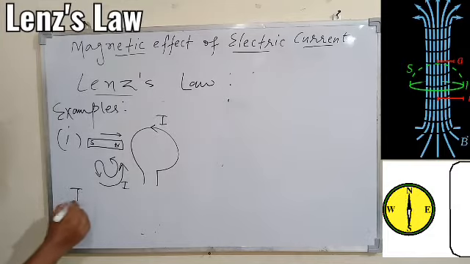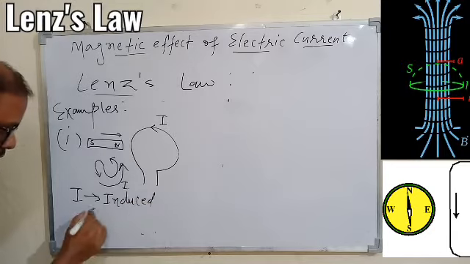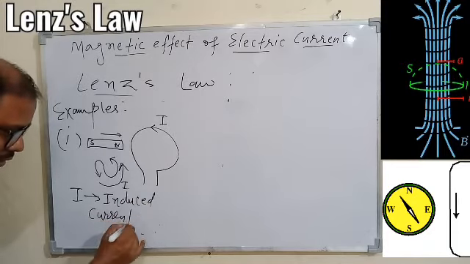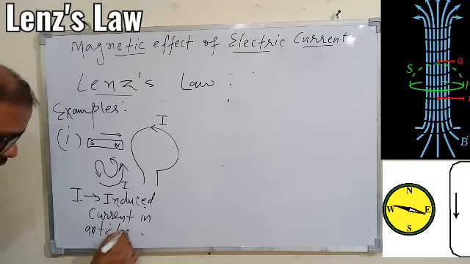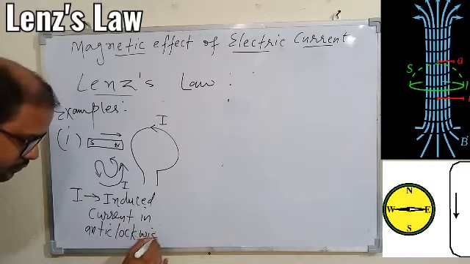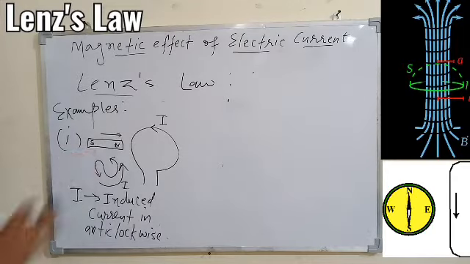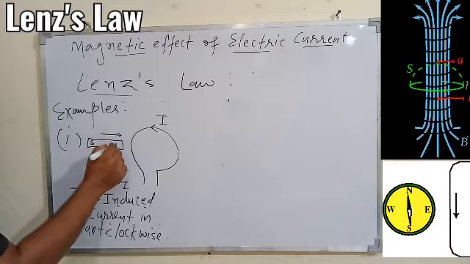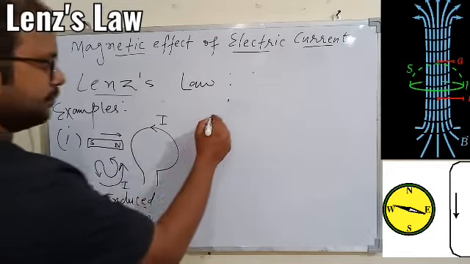Okay, so where I is your induced current. Induced current is anti-clockwise. So I have already shown the direction of magnet and the pole also, so that you should not have any confusion. So I will show the magnet is moving towards the coil, case 1. Case 2,